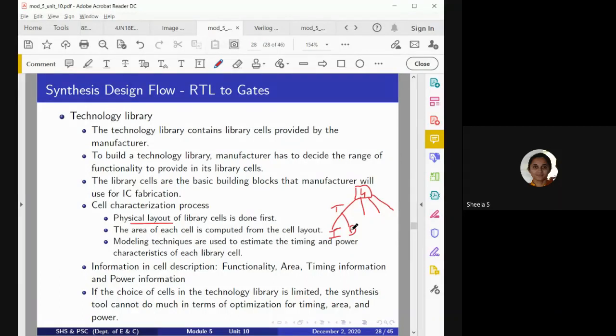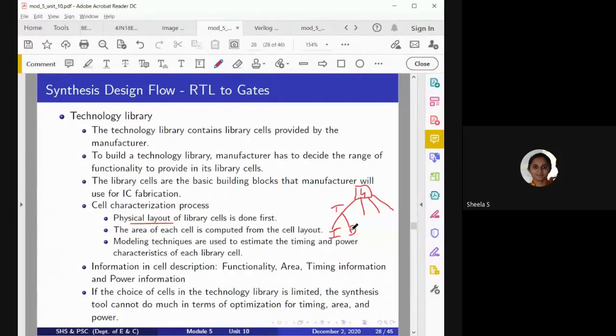If it occupies a larger area, then just to build that part of the circuit it takes more area, which is not desirable. Because we want a less area occupying circuit with more functionality.